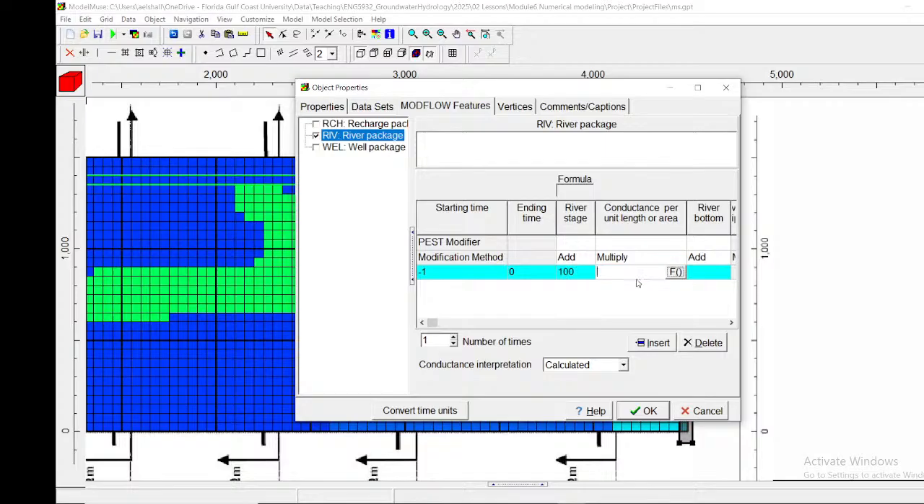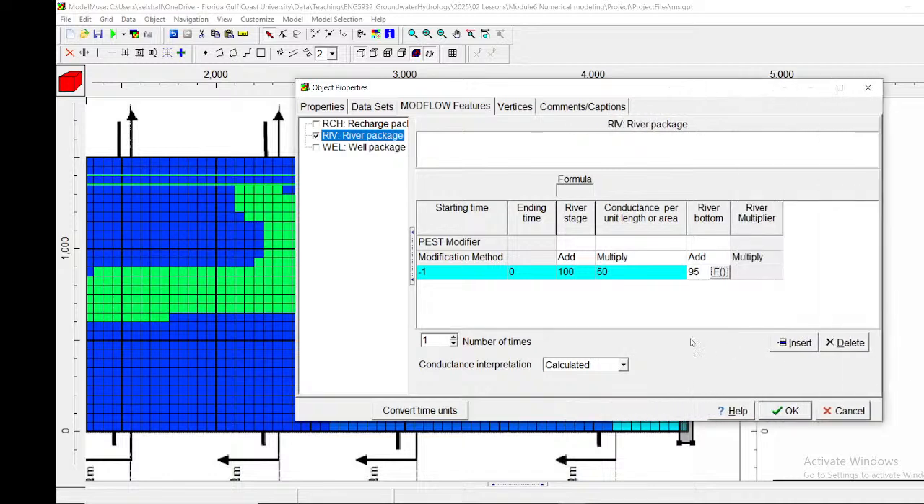I showed you how to calculate conductance in one of these videos and what it means, so you can check this. Let's not spend time doing this now. And then the river bottom. You just put the river information here. I just want to make sure. So the stage is 100. The conductance per unit area is 50. The river bottom is